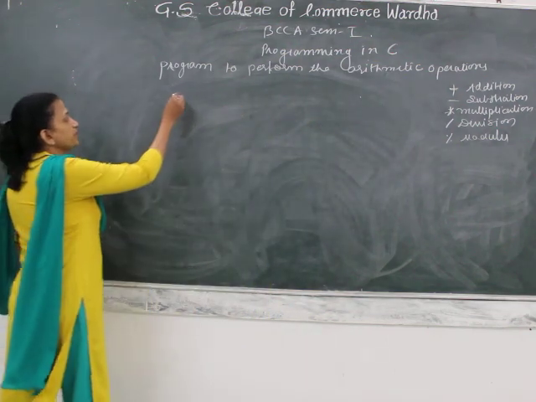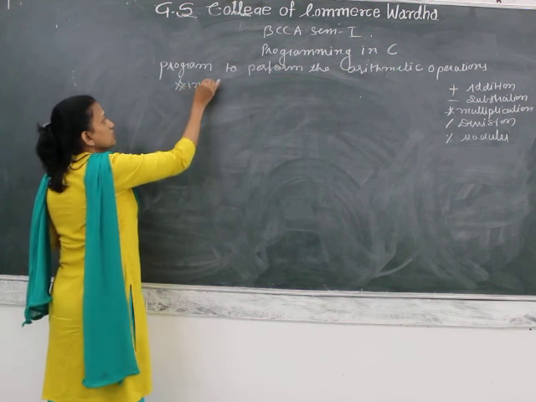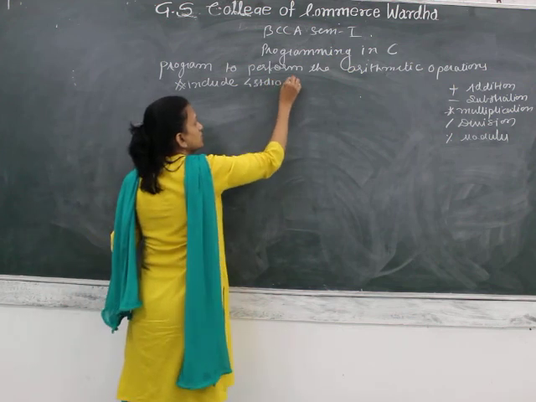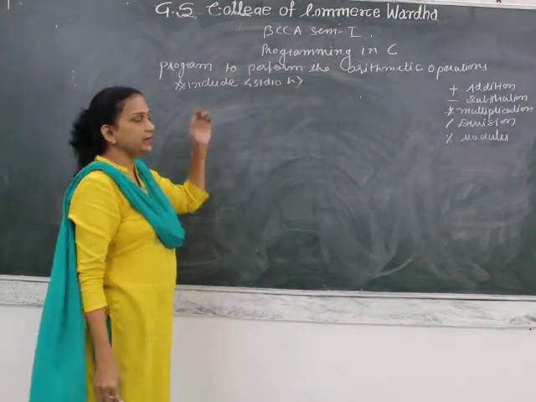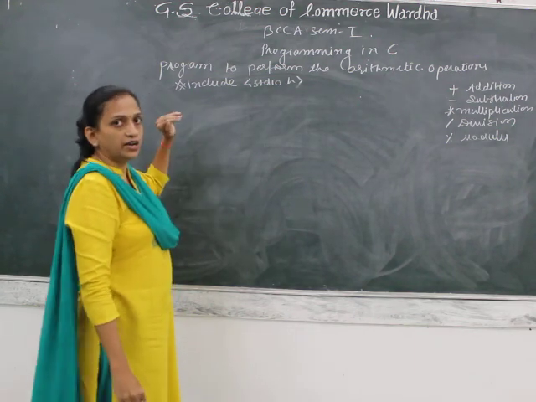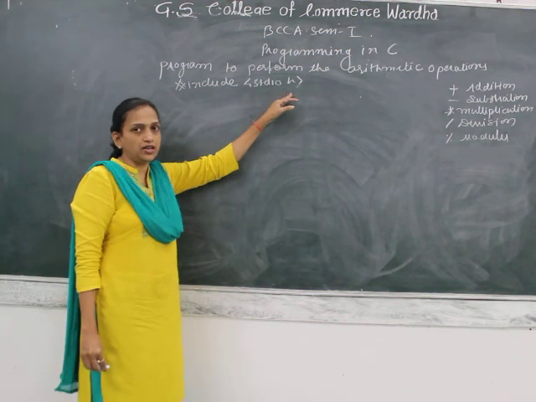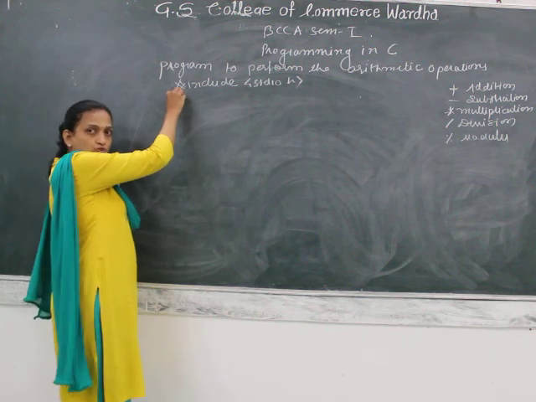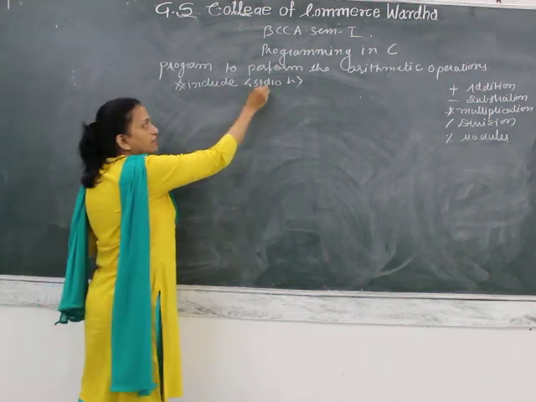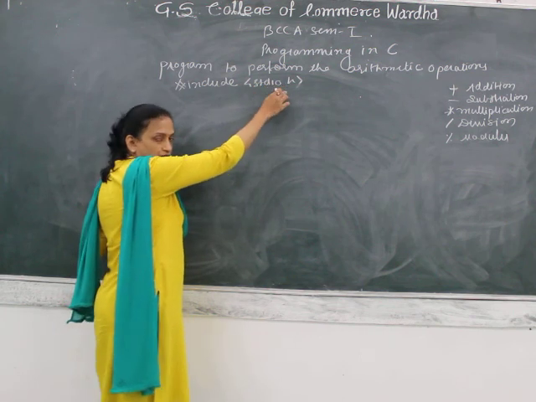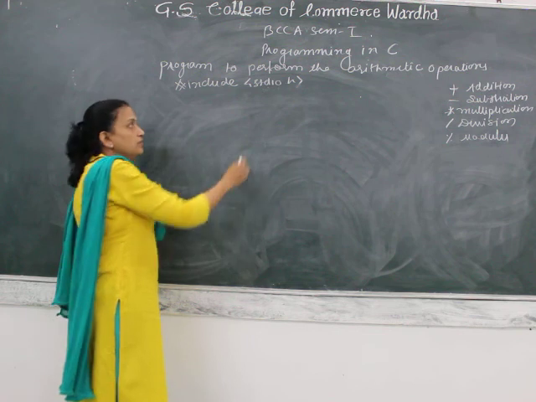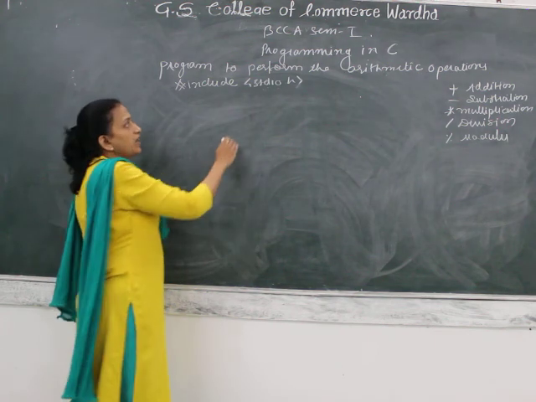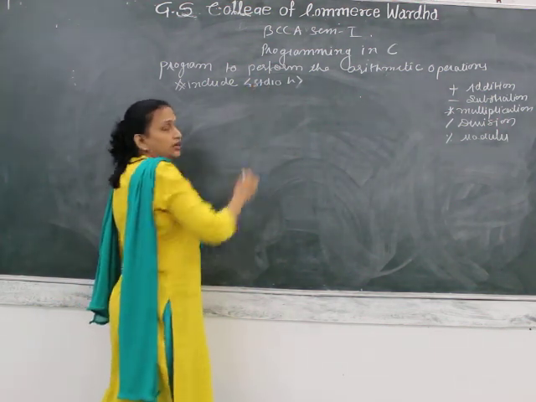Okay. So first we need to write the link section. As I told you, why there is a need to write a link section. In our previous lecture we learned the link section, and here we are using the stdio.h file. The syntax is hash, which is used for linking, include, and the file name, that is stdio.h. Why do we include this file in our program? Because the definitions of some functions which we are going to use in our program are given in the stdio.h file.